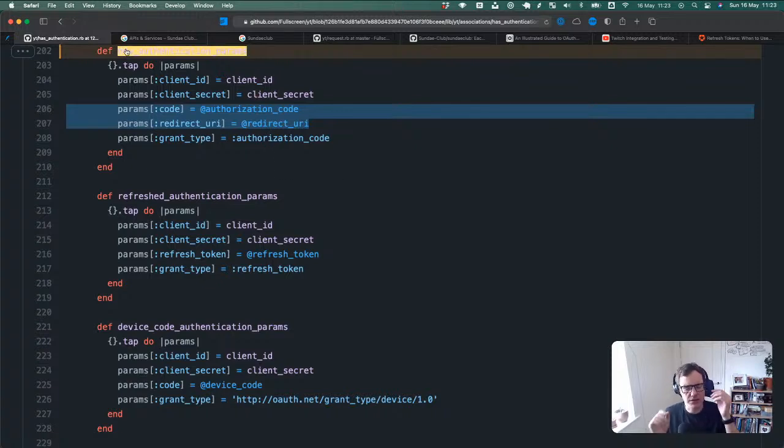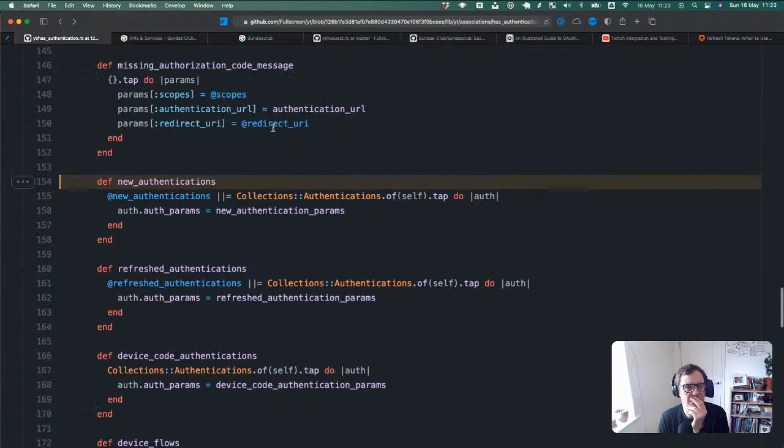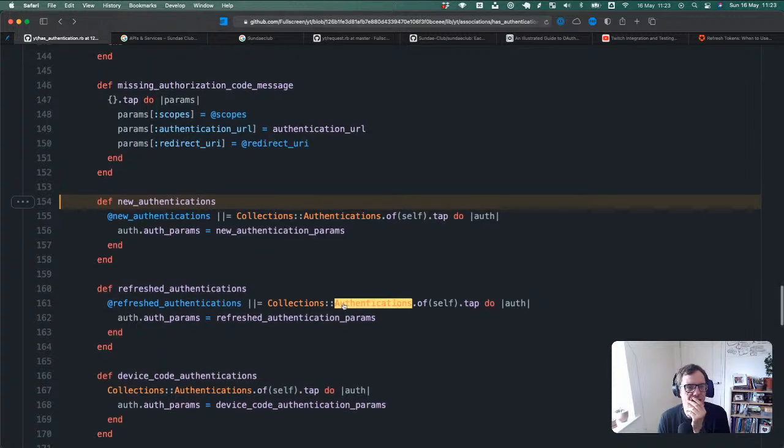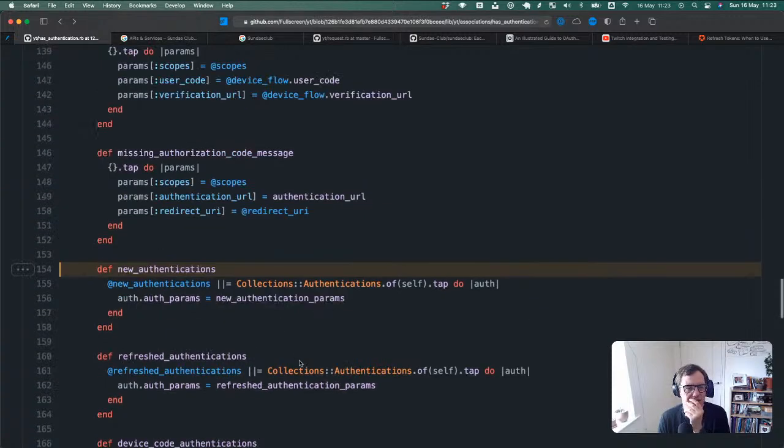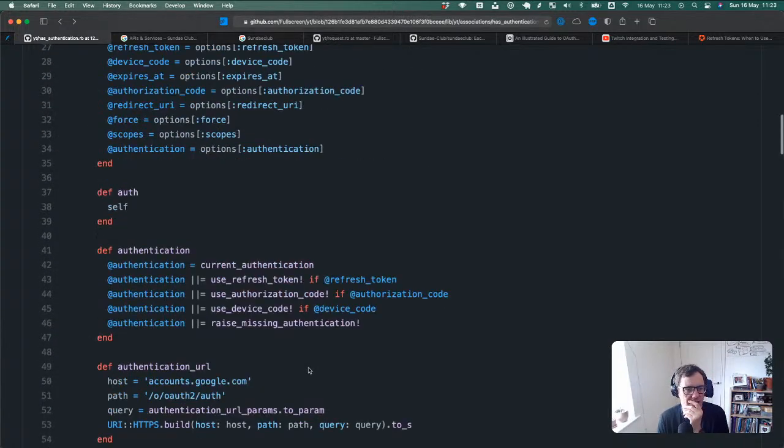And this is, right, so in the docs initially, it was like, you've got 3 scenarios. You can either give it a refresh token, or you can give it code, or you can generate a URL and go get the stuff you need. Right, okay, so that's what these two are doing. I don't really know why it creates the collection of those rather than just doing one, but I don't think that matters. That's just a specific thing.